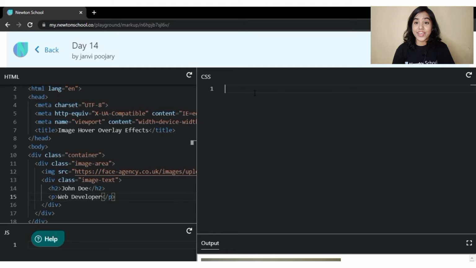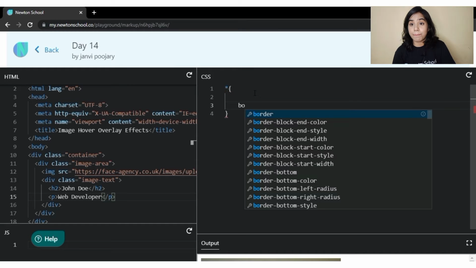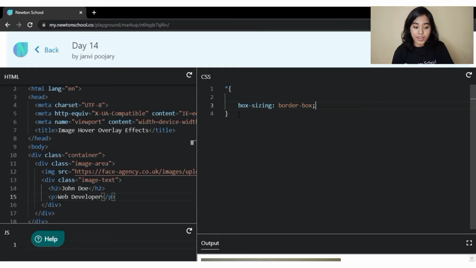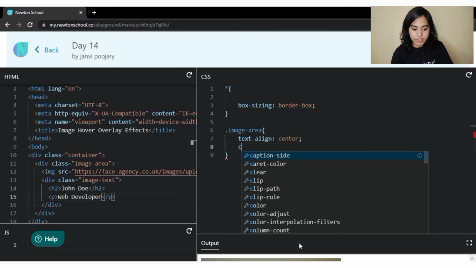So my friends, we are done with the HTML part. Now let's see how to code our CSS part. As usual, I will write box sizing as border box, but I won't write margin and padding as 0. Now I will target my image area and we will align it center. And we will say that the color should be white and the width should be 200 pixels.